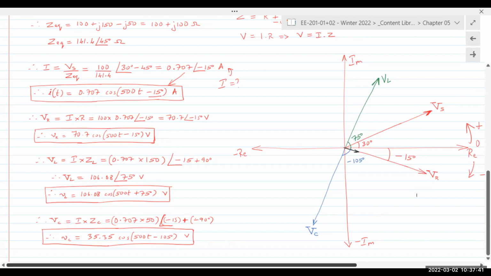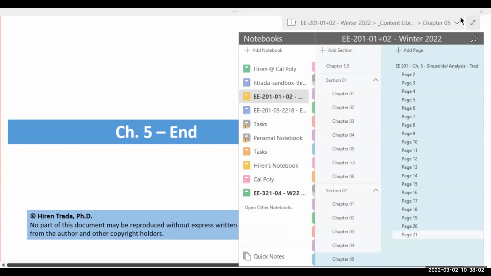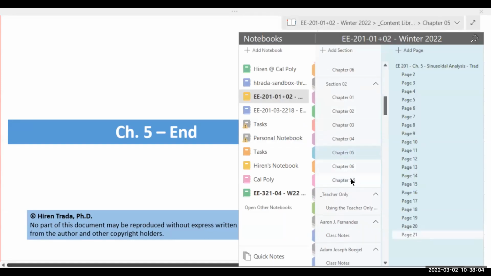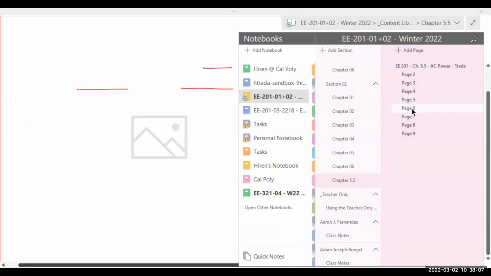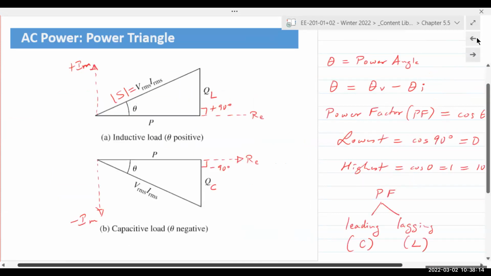So if there are no more questions, I'm going to call chapter 5 at an end. We'll close the curtains on that and move on to chapter 5.5, AC analysis examples. Let's look at AC analysis. Let's look at the power triangle first. So power triangle